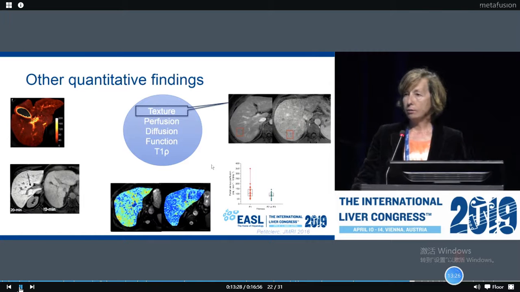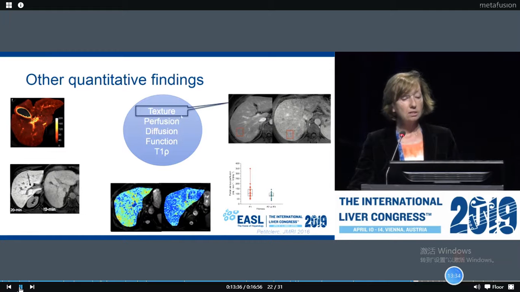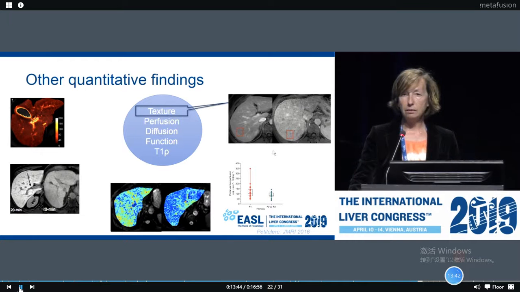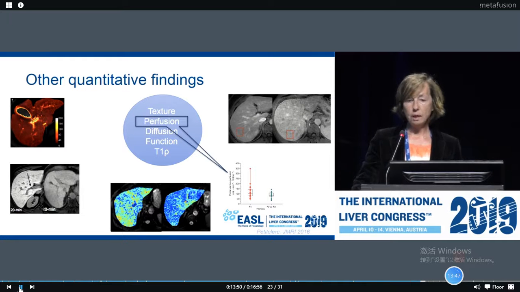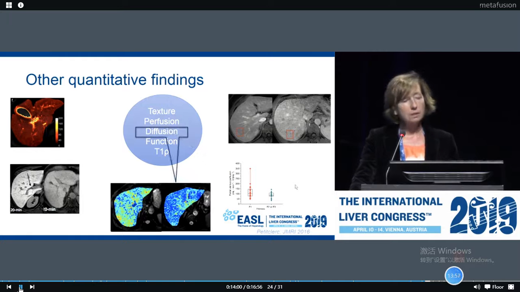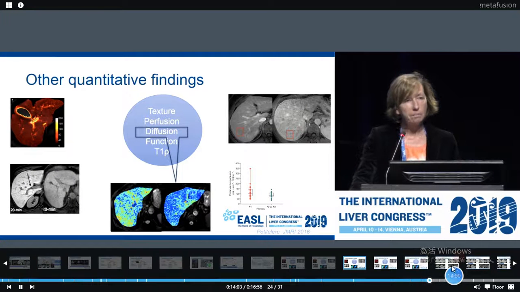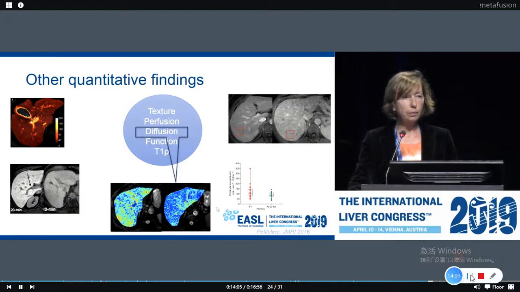Indeed, there are other approaches which are mostly quantitative and interesting, but they are not largely validated, and they are still, for some of them, research. Texture analysis that can use CT or MR can differentiate cirrhosis versus non-cirrhosis. The perfusion studies showing decrease in the portal venous inflow in cirrhotics compared to the non-cirrhotics is also a very important approach. Advanced diffusion MR imaging that enables to separate the perfusion-related